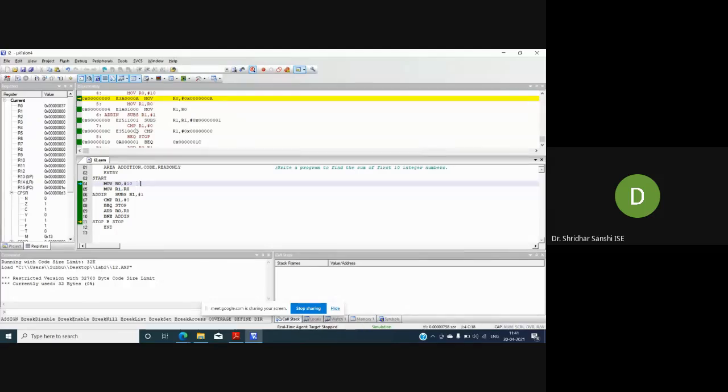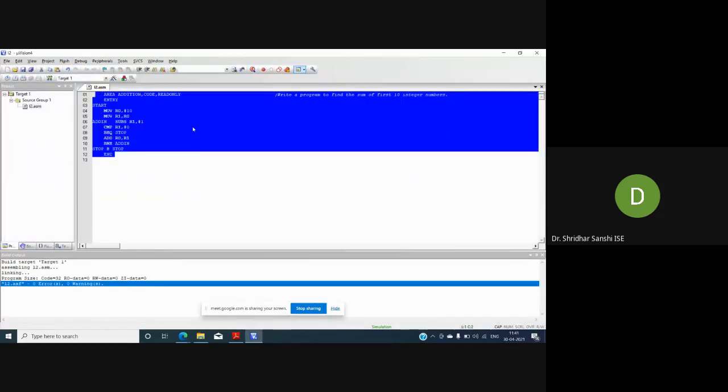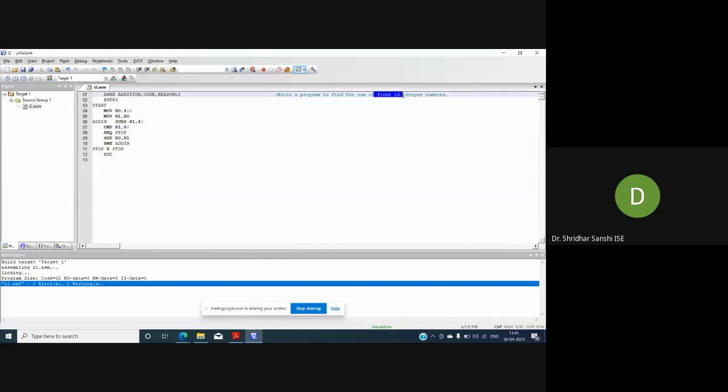Suppose I tell you to add some numbers, say 40 to 50. Sorry, 10 numbers between 40 to 50. So how will you modify this program? This program is for adding the first 10 integers, correct?